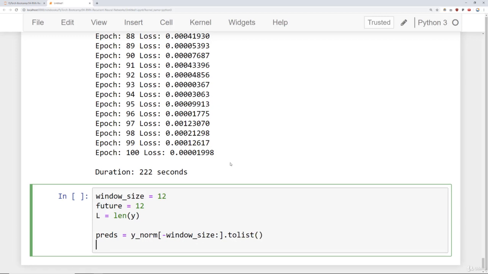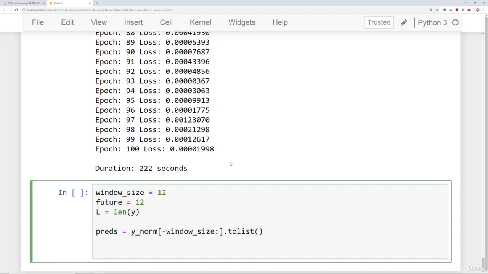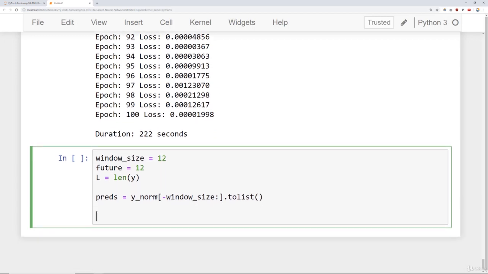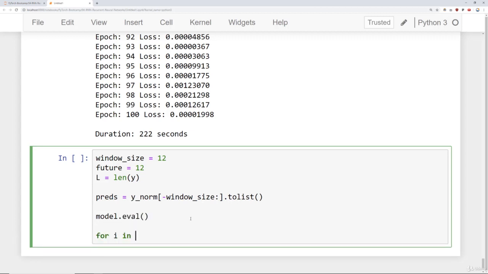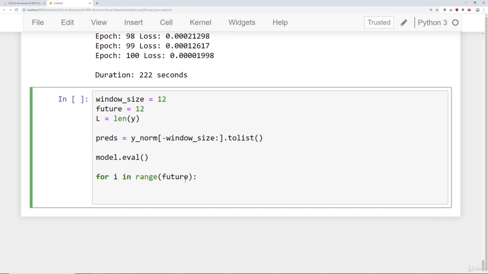And then we'll convert that into a list. Because remember, we need a minimum of 12 values to predict value number 13, which is why I'm grabbing just from the very end, and then I'll supplement one by one my actual predictions. Then we'll go ahead and say model.eval, and for i in range(future), essentially for 12 points ahead, what I'm going to do is say my sequence is equal to torch.FloatTensor. Grab those predictions and then go from minus window size all the way to the end, essentially increasing